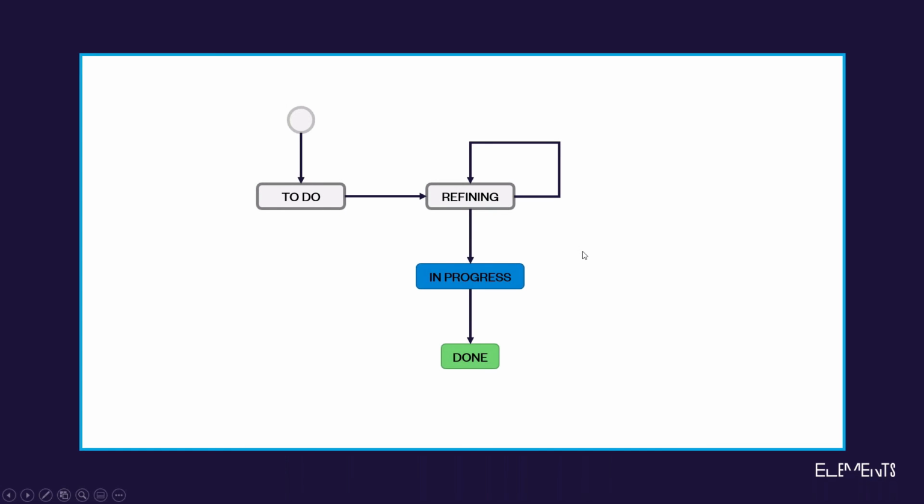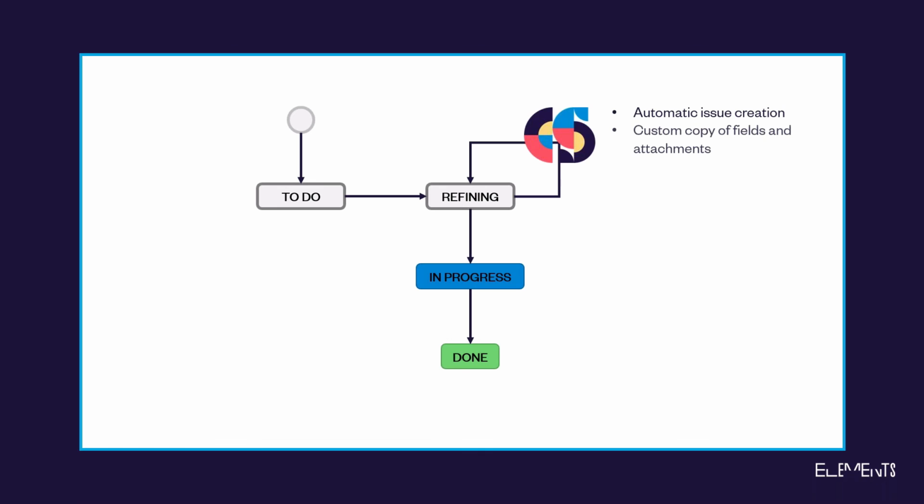This is our workflow. And this is a transition where we use copy and sync. We added a copy and sync post function there so that every time the transition is used, a copy of the issue is automatically created, with a copy of the fields and the attachments. This is one among many possible examples of how copy and sync can be used during a workflow transition. One or more recipes can be added to any transition in order to automate even more the work of Jira users, even during the original creation of an issue. This brings us to the end of this presentation.